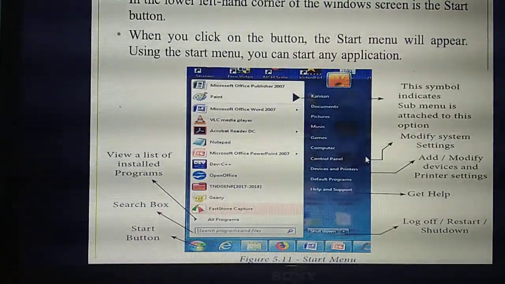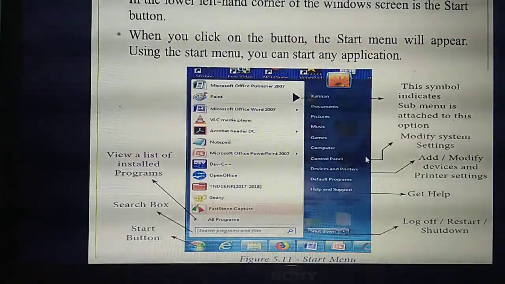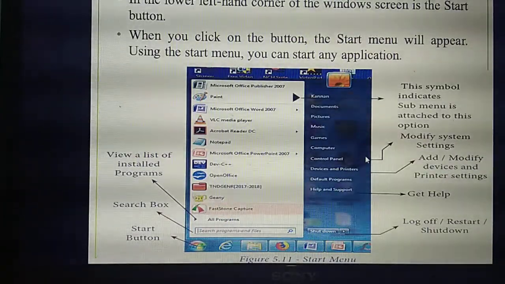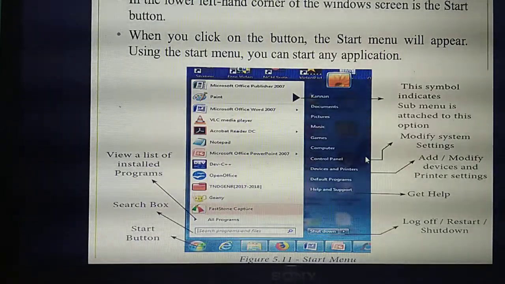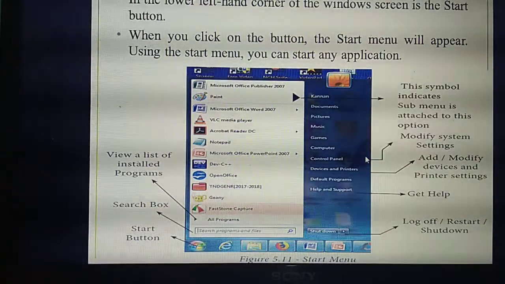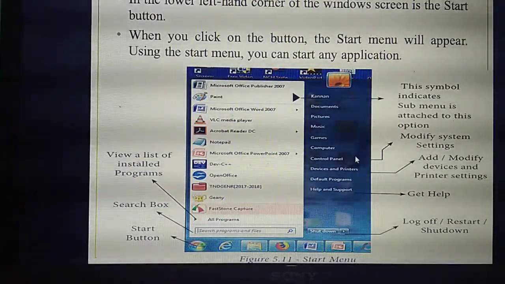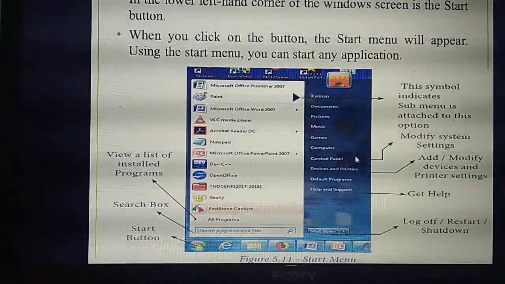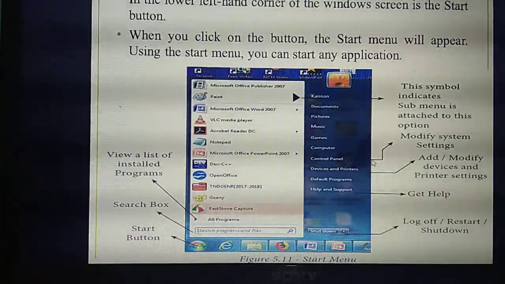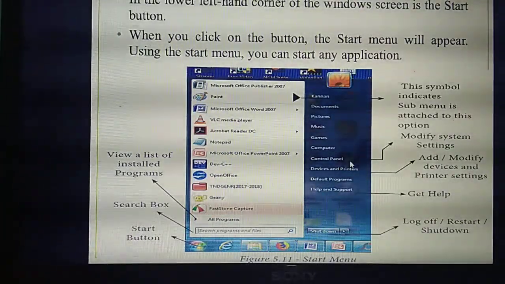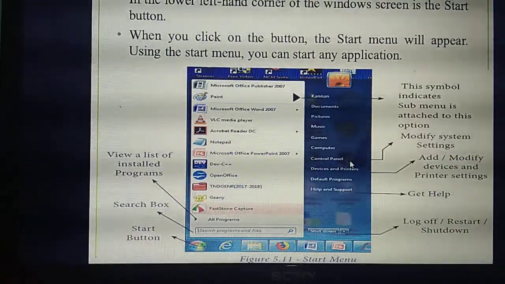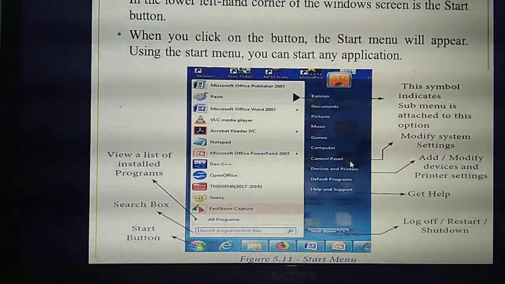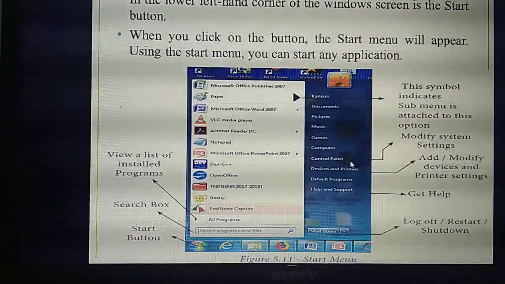In your mobile phone, where will you change the settings? By selecting the settings button, isn't it? Likewise, in a computer, where you need to change the settings is the control panel. That's very, very important. You are a computer science student, so if anybody asks where you change the settings of your computer, you need to immediately give the answer: control panel.